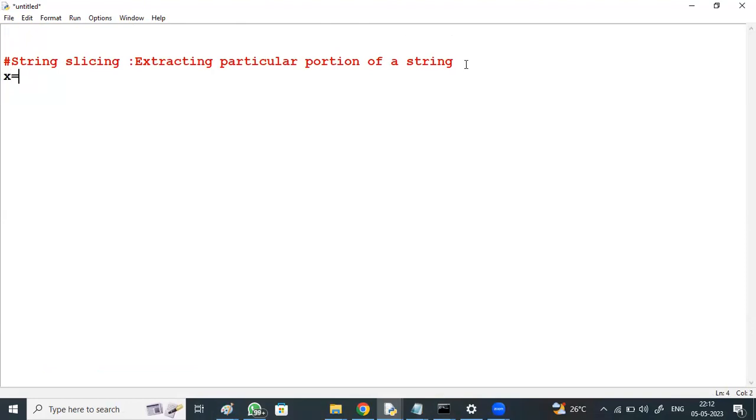X equal to Python program. Extract only Python from this. Try to extract only Python from this, right? Srinivas D, please be on mute. Extract only Python from this, right? Yes, extract only Python means, print X of,